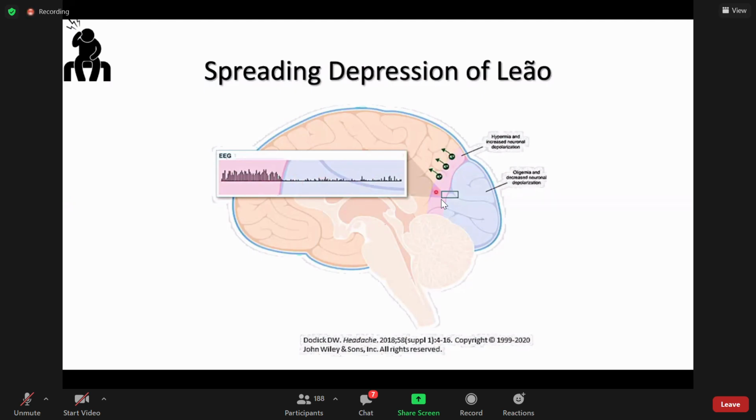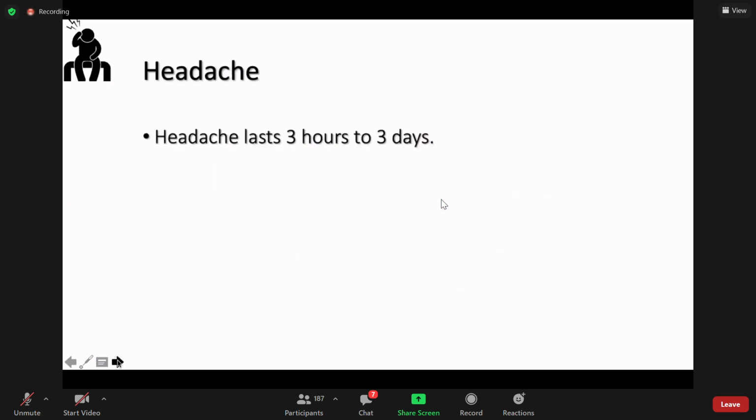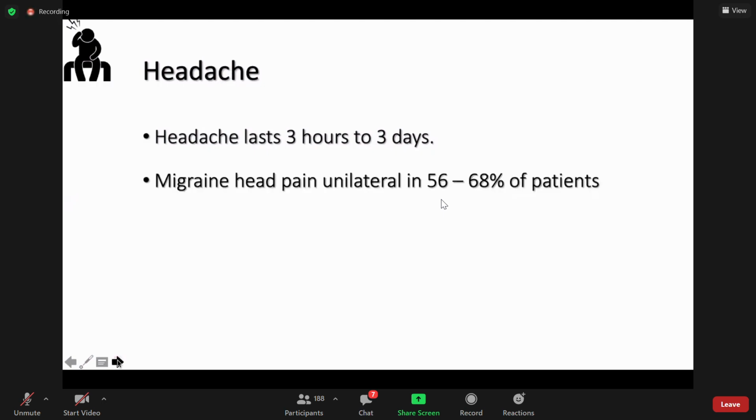While ahead of that, we have hyperemia, congestion of the blood vessels, and increased neuronal depolarization, as it is depicted in this area. Many researchers in migraine think that the aura is very similar to this physiologic phenomenon, the spreading depression of Leão. Then headache comes on, and typically the headache in migraine lasts from 3 hours to 3 days,